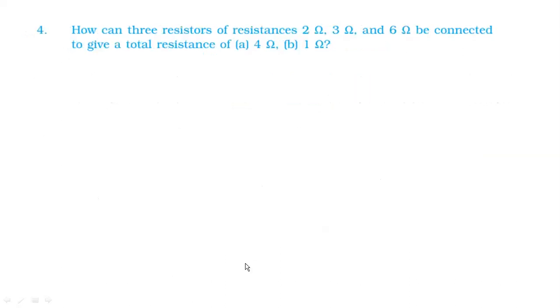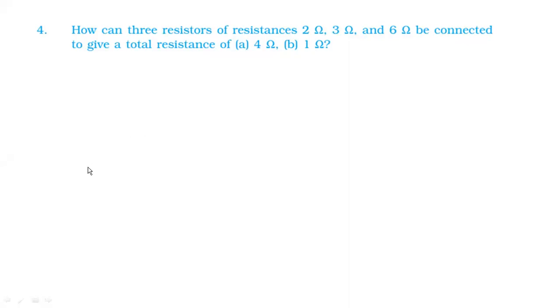Okay, so let us go for the fourth question. Fourth question is, how can three resistors 2, 3 and 6 ohm be connected to get 4 ohm and 1 ohm? Okay? So we are trying to get 4 ohm and 1 ohm combination. They are asking us, connect them in such a way. We have three resistors, 2, 3 and 6. They are asking us, connect them in such a way that you will get total resistance as 4 or you will get total resistance as 1. ठीक है? मतलब क्वेश्चन क्या है समझ के लो. पहले हमको इस तरह कनेक्ट करना है कि हमको 4 ओम मिले या फिर 1 ओम मिले टोटल रेजिस्टेंस. So let me show you how it can be done.